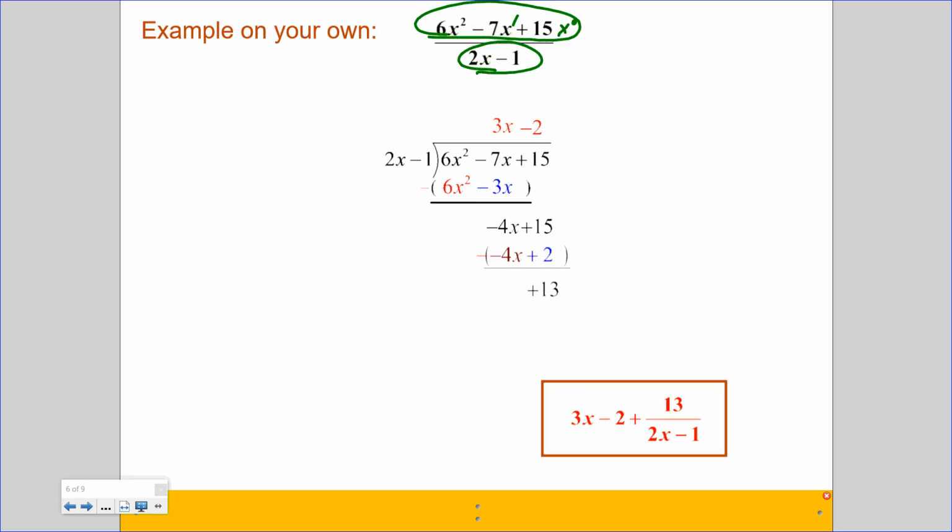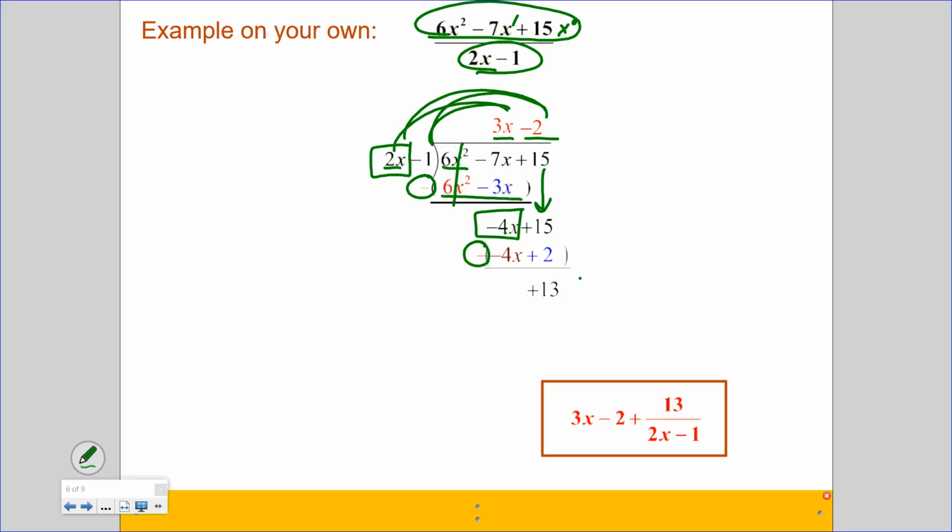So when starting, 6x squared divided by 2x gave us 3x. Then we multiplied 3x to get 6x squared minus 3x. Then we subtracted all of those. Those become 0. And we're left with negative 4x, and we bring down the plus 15. Then we divide negative 4x by 2x to get negative 2. Now we multiply negative 2 by everything outside to get negative 4x plus 2. We subtract, and we're left with a remainder of 13, which means when you write your final answer, this is